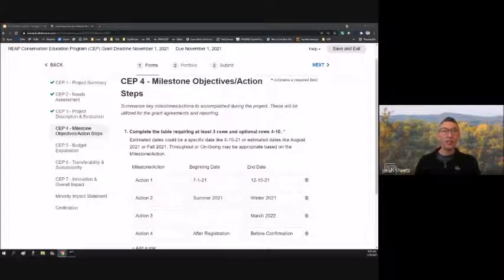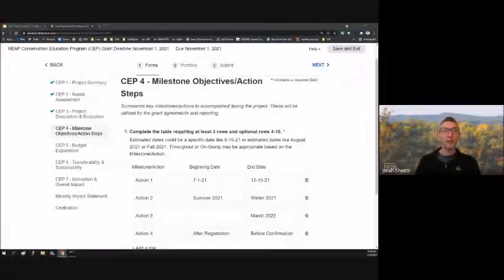On the screen, you'll see that there are many different ways that you can fill in the actions along with the begin and end date. There are examples of specific dates. There are examples of seasonality. There's examples of leaving one portion empty for the begin date and only entering the end date, and also an ability to add in more of a narrative for different items. So there is a lot of options for you.